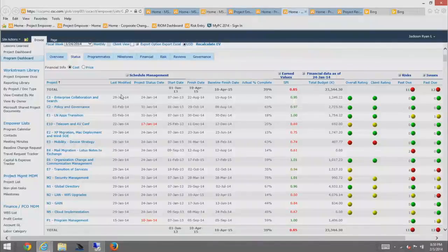And when a date doesn't match the financials, the financial date when the data comes in, or when it was last touched, we flag it red. That way we know that you may not be able to trust the information you're seeing. The guy hasn't updated his plan. So that was a key piece of information that enabled the project managers. Actually, it kept the project managers a bit more honest with us because they couldn't get ahead or behind without us knowing about it. The financial data,